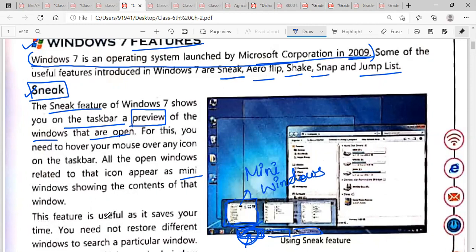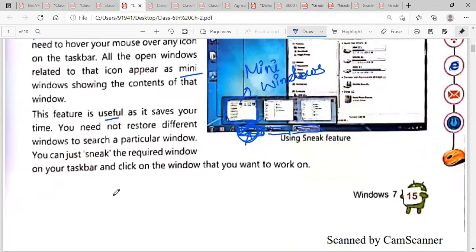This feature is very beneficial for you because it saves your time. You can just move your mouse here and see which window is open, and you do not need to restore different windows or search for a particular window.